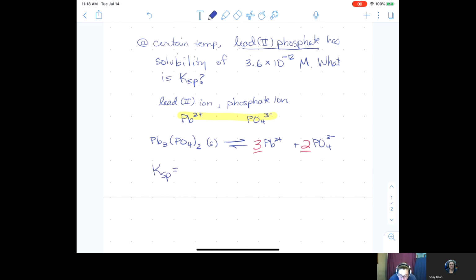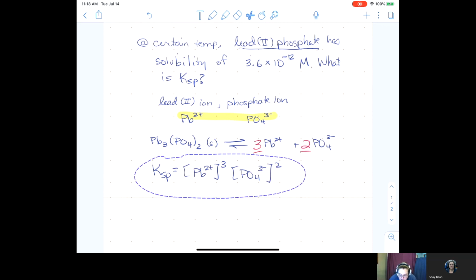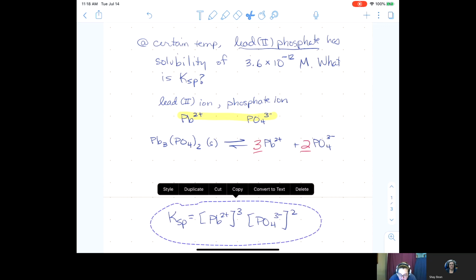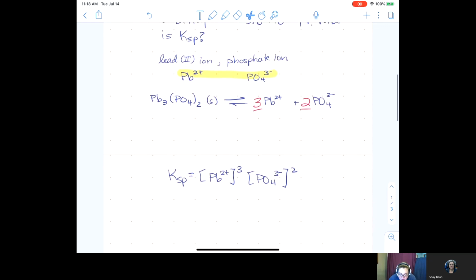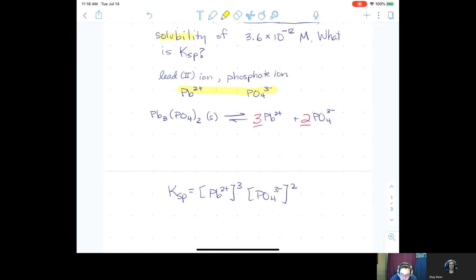All right, so what is the Ksp? The formula is the concentration of Pb2 plus to the 3rd power, the concentration of PO4 minus 3 to the 2nd power. So that's the formula, that's the equation that I'll use to solve for Ksp. But how do I get those equilibrium values? Well, the solubility is this. That tells me